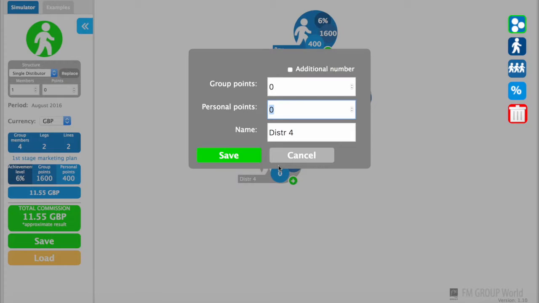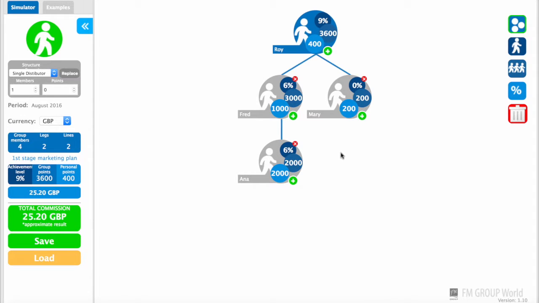You can also add people below them as well, so you can do this here, then click there, and under Fred we can add someone in, so we can add in someone who's done, for example, 2,000 points, and we can give them a name, so that could be Anna, for example. So you can put Anna in there, and there you can see that now that's with the extra person under there, that's taken me at the top there to 9%, and it shows 3,600 points, and it's got the commissions increased there to